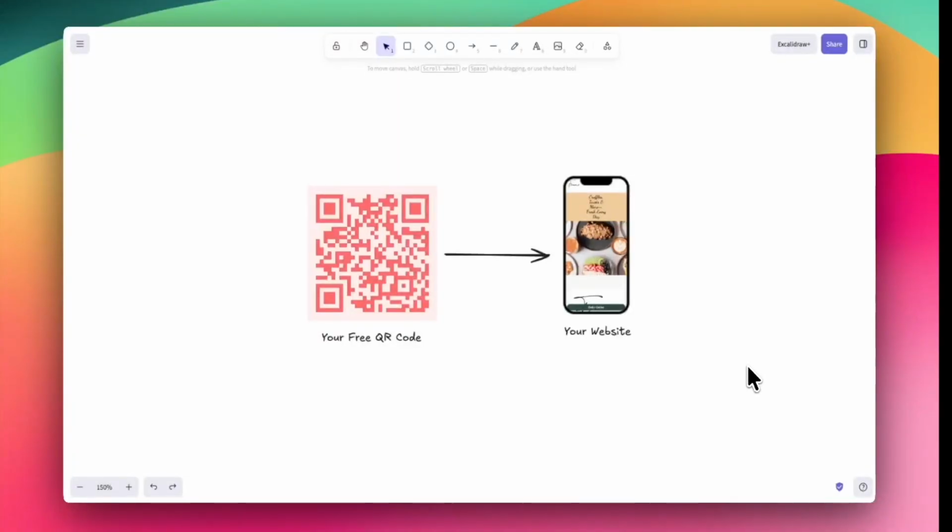Have you ever wondered how to create a free QR code that goes to your website? For instance, let's say your coffee shop or your wedding invitations or any website that you want to point it to. The way it works is actually quite simple. And so in this video, I'm going to show you how to create a QR code, just like the one